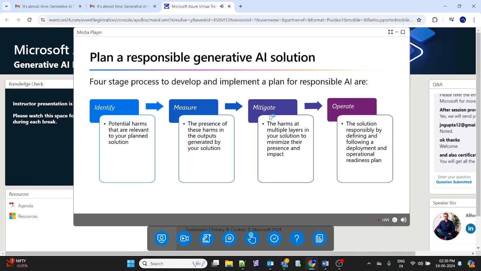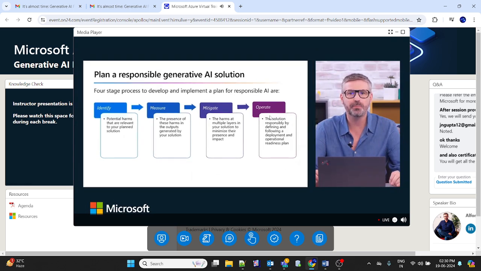Next, we emphasize measuring the presence of these identified harms in the outputs generated by your solution. This step involves meticulous scrutiny to prevent adverse outcomes effectively. Following this, we focus on mitigating these harms at multiple layers within your solution. This approach not only minimizes their presence and impact, but also accentuates transparent communication about potential risks to users, fostering trust and reliability. Lastly, we advocate for responsible operation of the solution, which involves a well-defined deployment and operational readiness